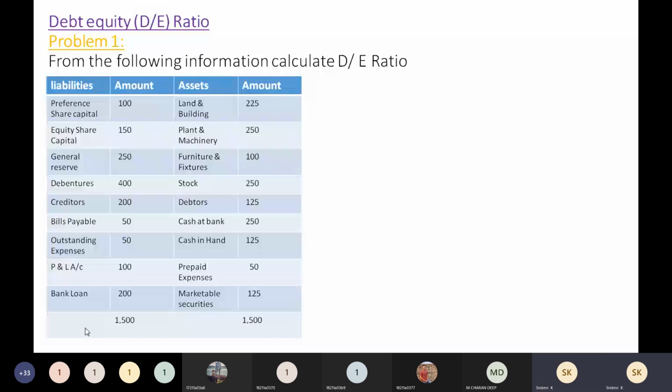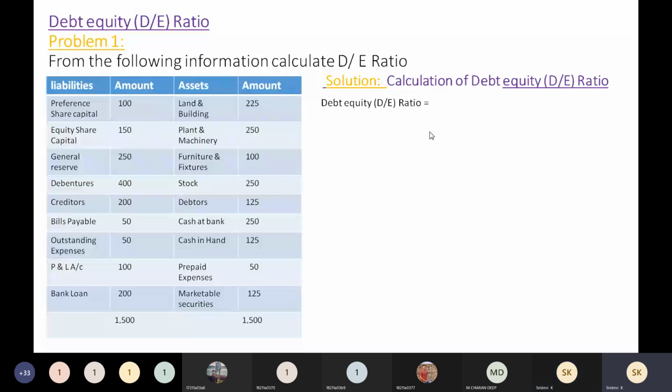Okay. So now let us take this formula for calculating the debt equity ratio. So debt equity ratio is equal to debt by equity. So debt is also called outsiders funds, divided by equity, or you can call it insiders funds. So what is the information that was given? First you pick out and add those amounts. So let us calculate what is debt.